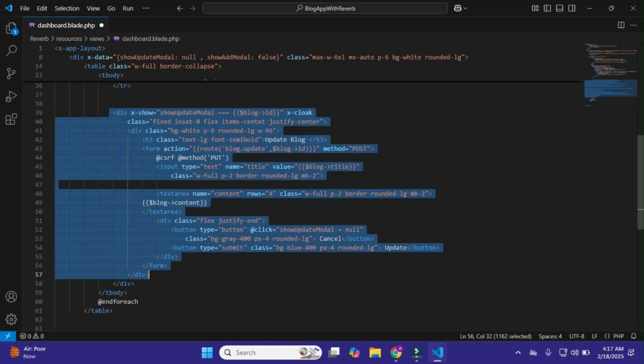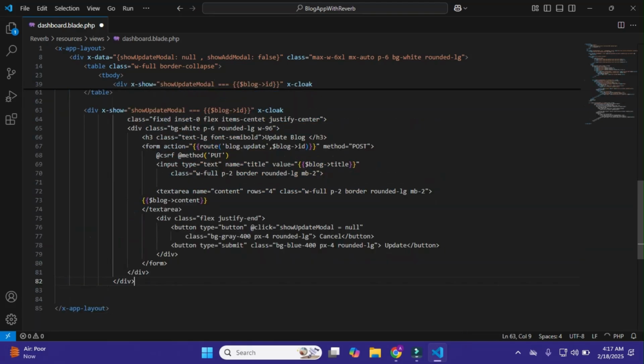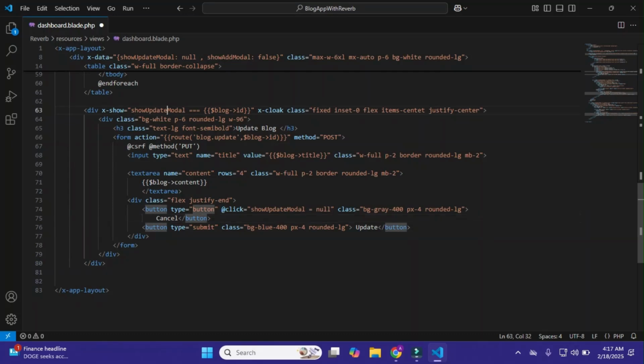For this I'll copy it and paste it here, and format it. Here I'll add x-show and make it showAddModel, and within it we don't need this id, just this showAddModel, and after it x-cloak, flex justify-center, same like this. Then div, and a form, and in the form I'll pass the route blog.store, and remove this.